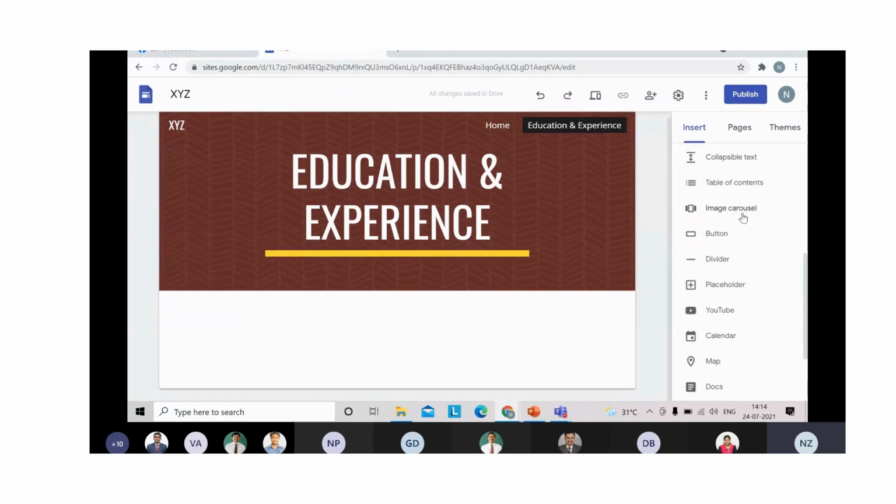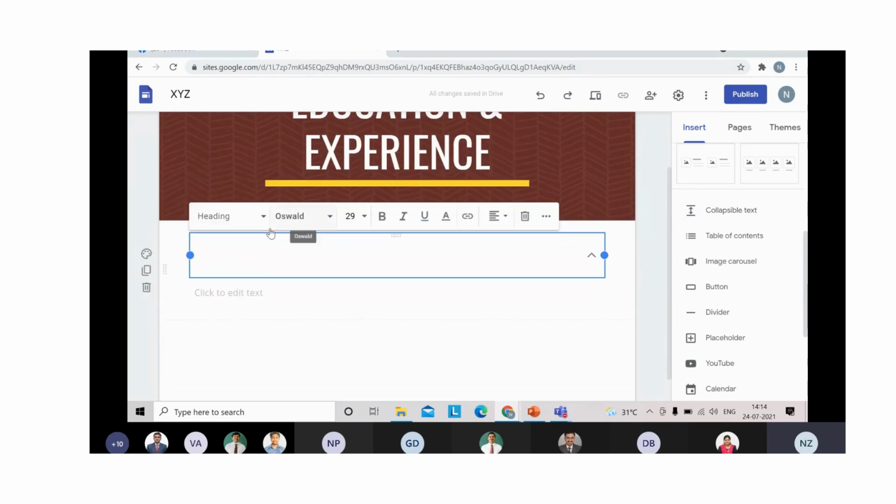So we'll go to this. Now, first tab is what? Collapsible text. What does it mean? Suppose here I'm selecting this. Now it means suppose I am saving my industry experience. So what I'll do, I'll write industry